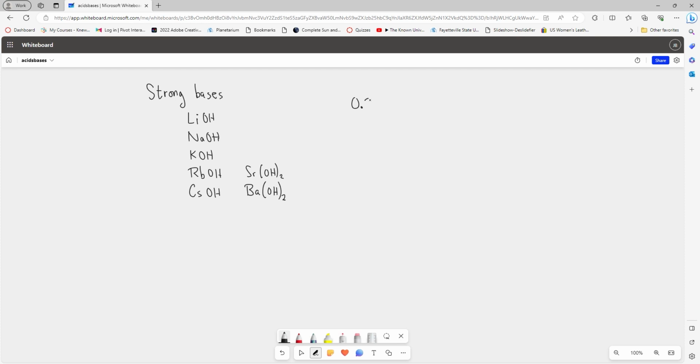Let's say you have a problem where you have 0.25 molar barium hydroxide, and you need to find the pH of that. So this is the way you do it. First, write out the equation. Barium hydroxide breaking down in water to give you barium ions and hydroxide ions. 2 hydroxide ions, because there's 2 in the parentheses. So that means if you start with 0.25 molar barium hydroxide,